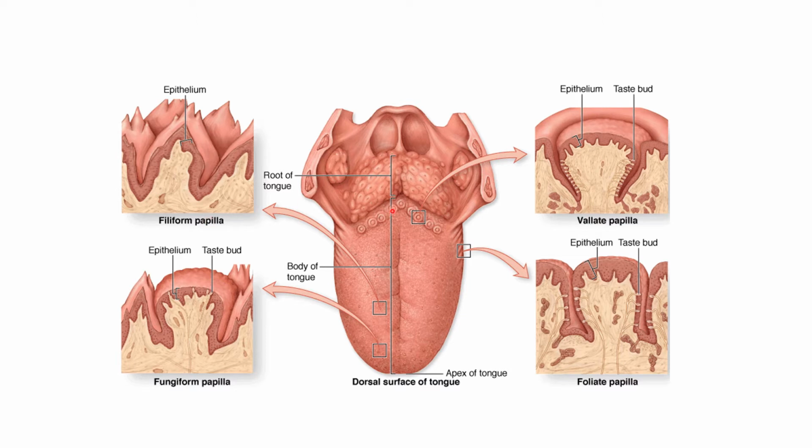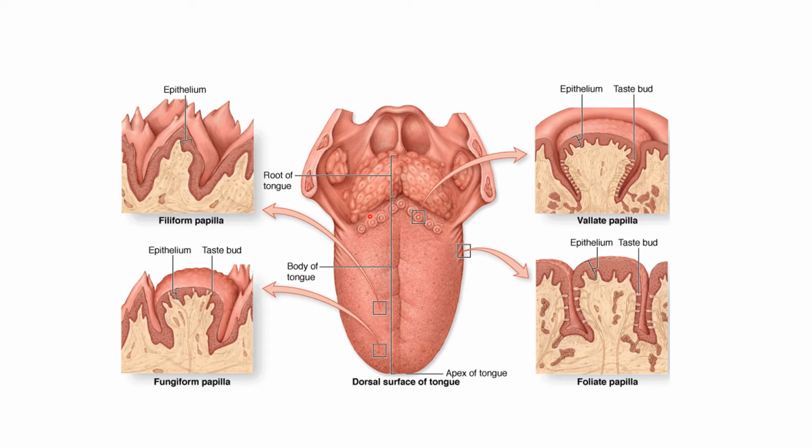The tongue is a muscular organ, and most of the mass of the tongue is formed by striated musculature. It has two parts. The body forms the anterior two-thirds of the tongue, and the distal end is the apex, and there is a root of the tongue, where it is attached to the oral cavity. So you can see there is a central septum in the tongue, the apex, the two lateral borders, and this is the root of the tongue.